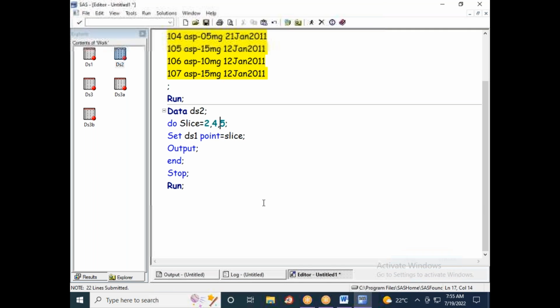Raj, you are confusing us here. So do slice is equal to, set ds1 point equal to slice, output, end, stop. Too many statements are there. It's confusing for us. Any shortcuts? Any other alternative methods? You don't want alternative methods? Right. So now if you see data ds3,